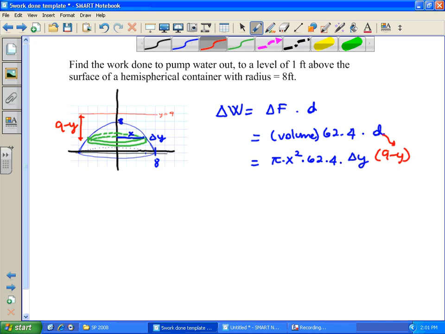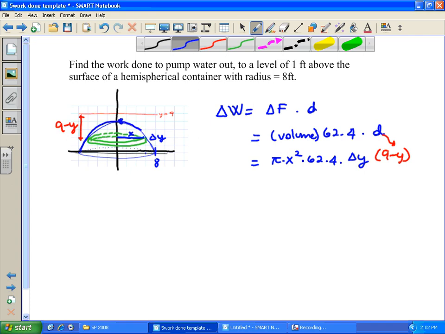Once again, we have a dilemma. We have an x squared with an expression where you have a delta y. Delta y tells me I'm going to keep dy, or the y variable in the equality, in the integration. I need to get rid of that x squared there. Can I use similar triangle ratios? No, that was for the cone. But for this problem,